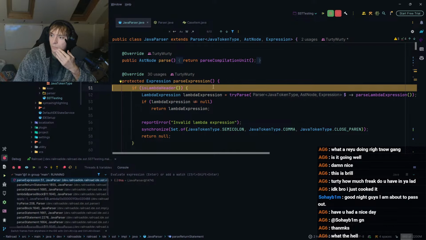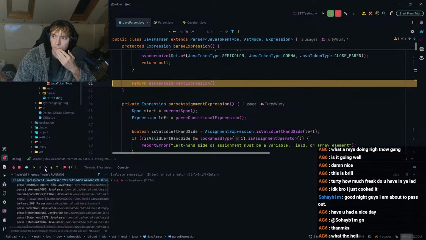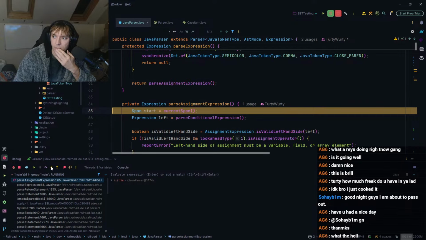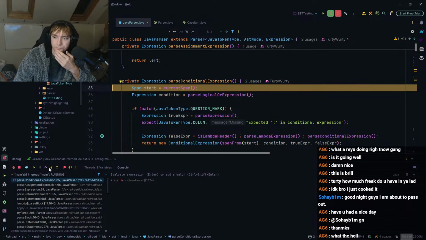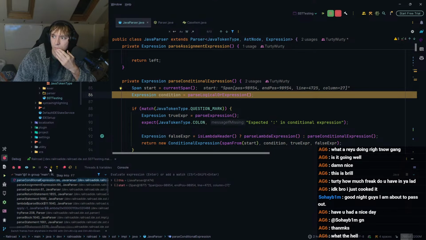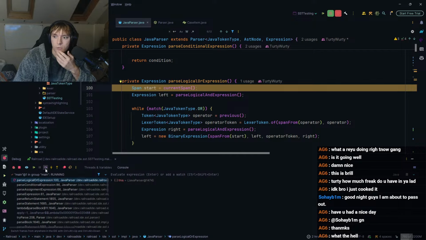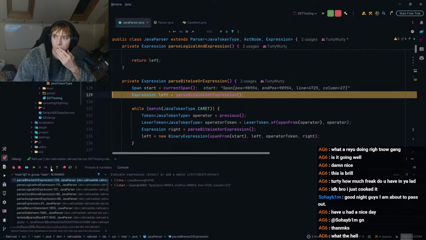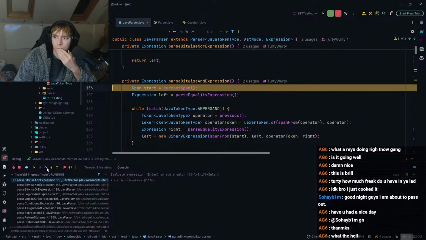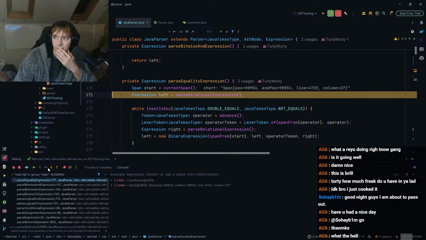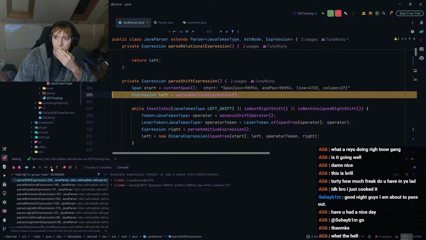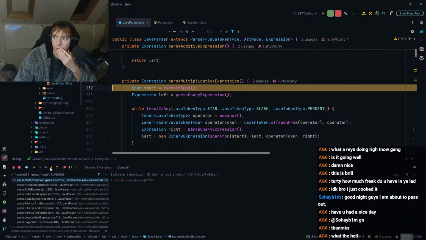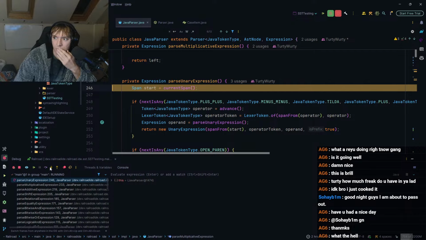Okay, so, is lambda header? No. Step into. Then we want conditional. Then we want this conditional. We just basically want to keep going into these. So, do this for a while. Basically as far as it goes. Yeah, keep going, keep going, keep going.